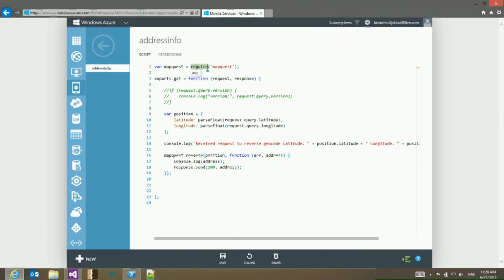require MapQuest. And whenever there's an HTTP GET request coming in on this URL, I will take the latitude and longitude passed in as query parameters. I will use them to call out to MapQuest's reverse method, which essentially calls their service on the internet and returns what address is located at those coordinates. So I'm using it for a reverse lookup. I could use Bing for this, but I want to show you how to call something outside of Azure, outside of Microsoft entirely. So if I save this one,